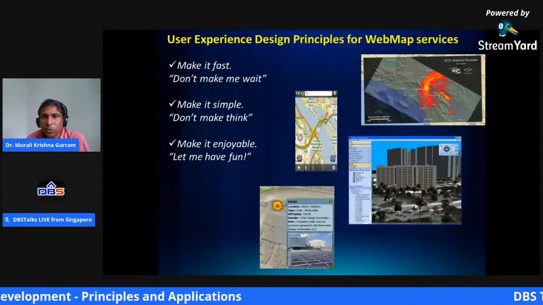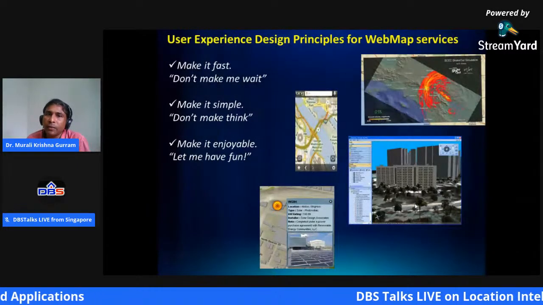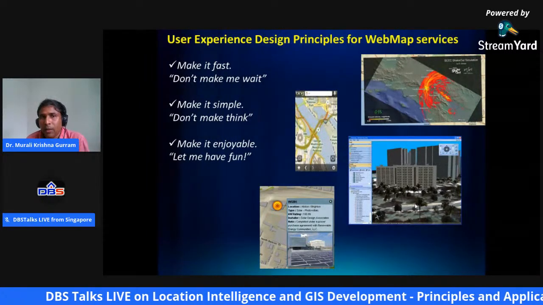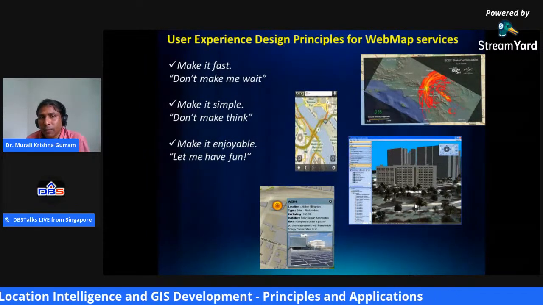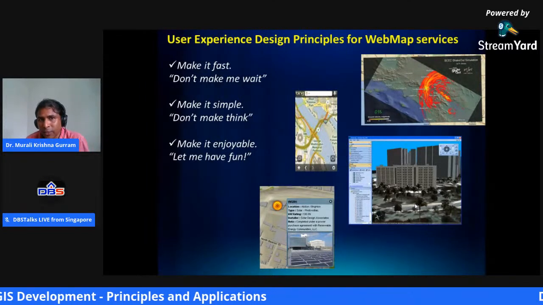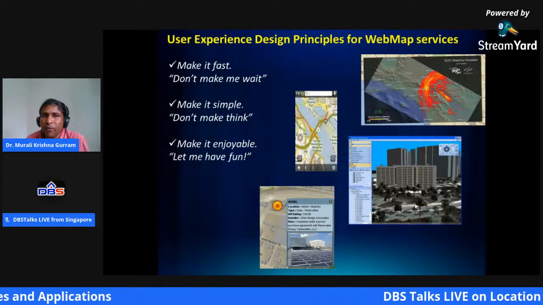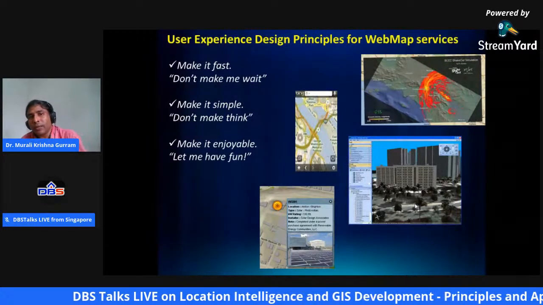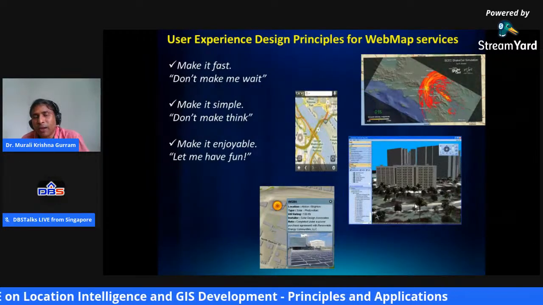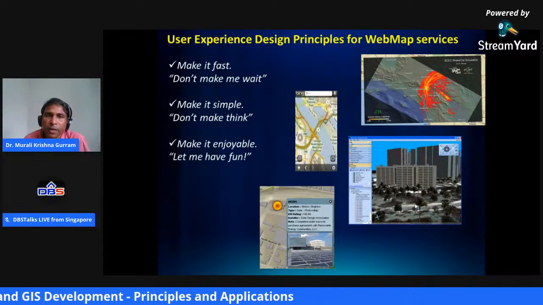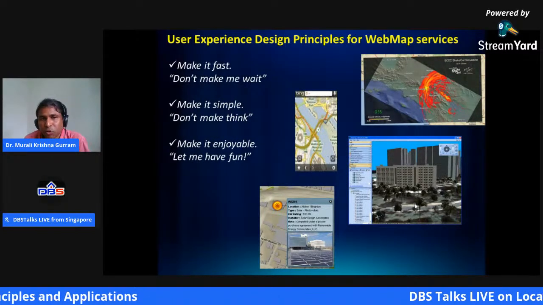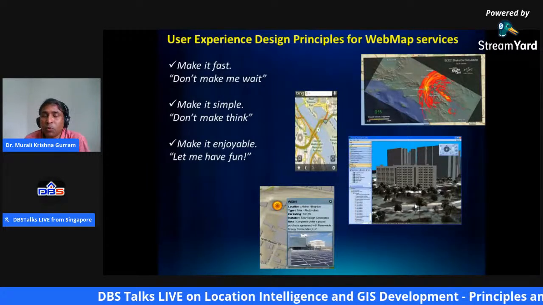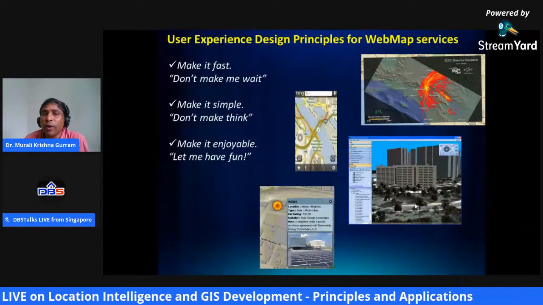Like in many other applications, for web map services also, the important priority design goal is to make it fast and responsive. You want to make it very simple. It cannot be a cumbersome application. It is supposed to be easily understood, and, even more important, it is supposed to be more enjoyable.